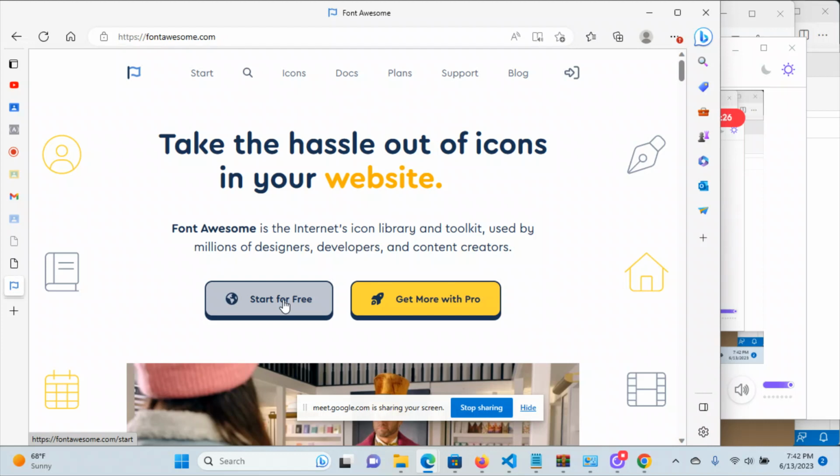No, I don't have a problem with that for social media or something like that, but I think this is a little bit, not quite predatory, but just a little bit overbearing. Just so you know, you do not need to actually sign up for anything in order to use Font Awesome. There are other websites out there. There is also